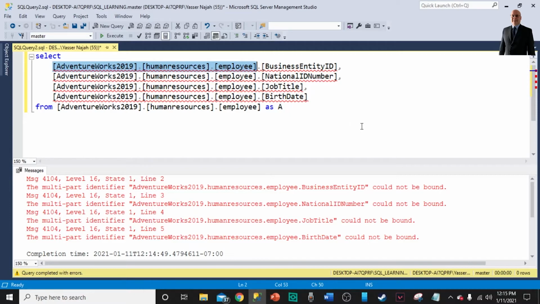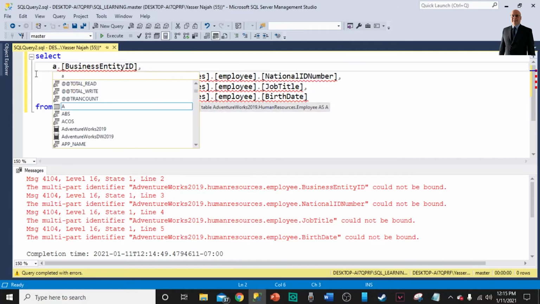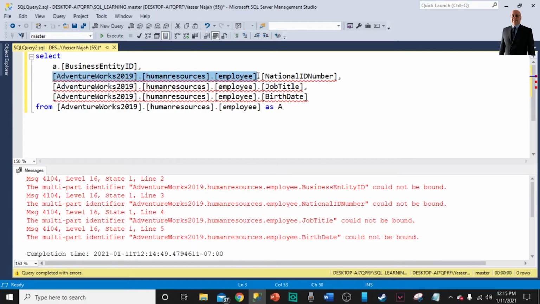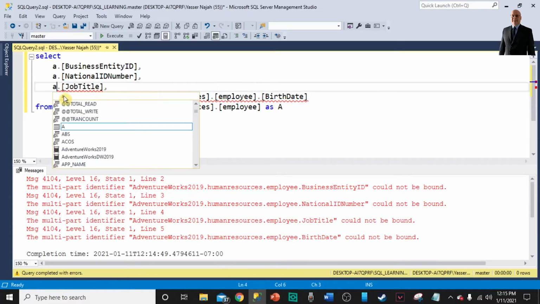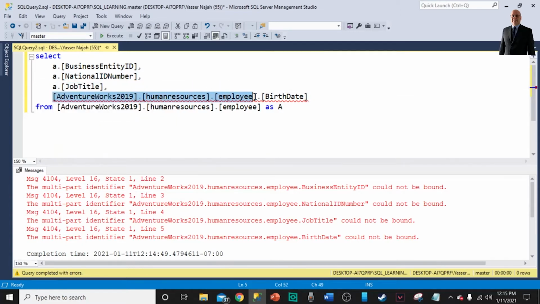And the way to fix that, we will need to switch it from this long name, AdventureWorks 2019 human resources employee, to just letter A. Let's switch this one to A as well, and the last one as A. Now, if I run it,